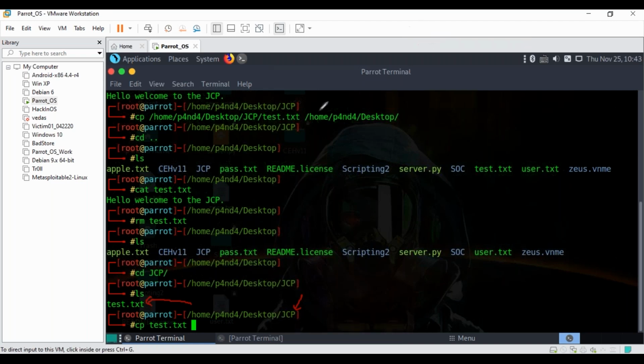As I mentioned, if you want to copy something, you have to mention cp, source, and the destination. Source slash file name. In this copy part, I was in my JCP directory.